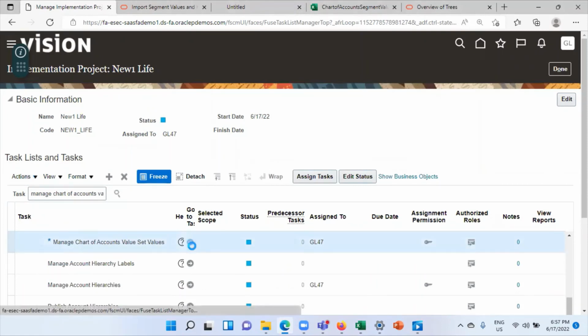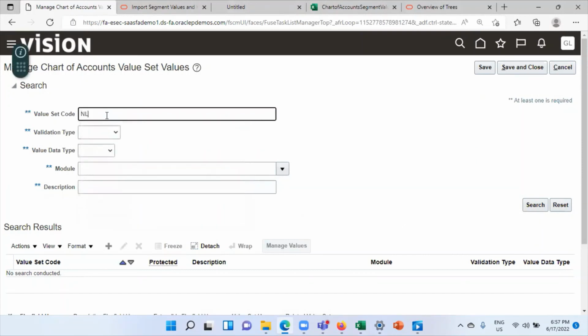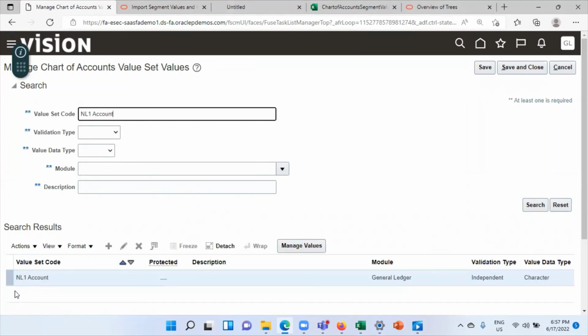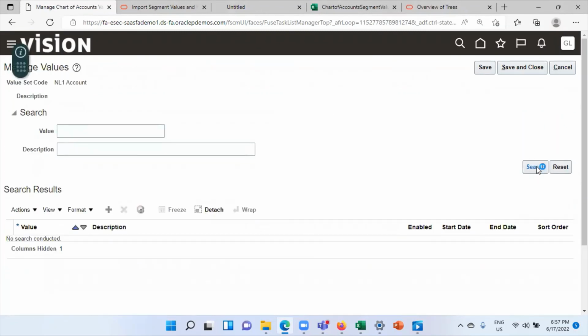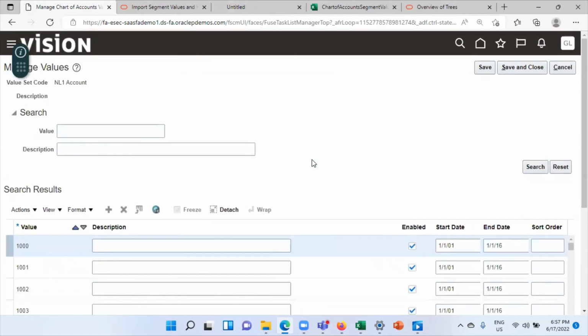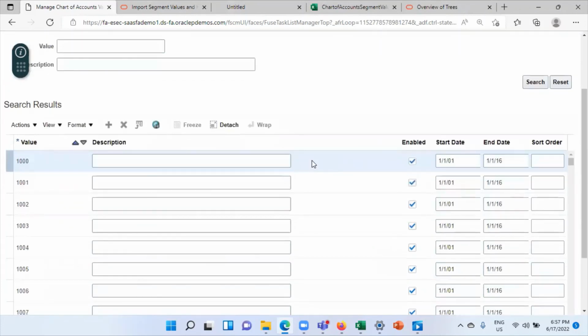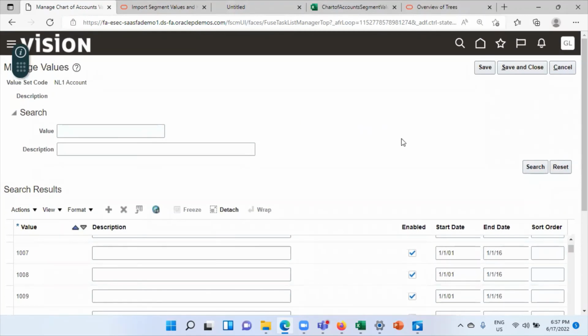Go to task option. From here, search your value set code. Click on manage values. Here you can see all the values are loaded as a hierarchy. We haven't given these values here, but due to uploading that sheet, we have these values here. This is how we can create account hierarchies in the Oracle Fusion application.